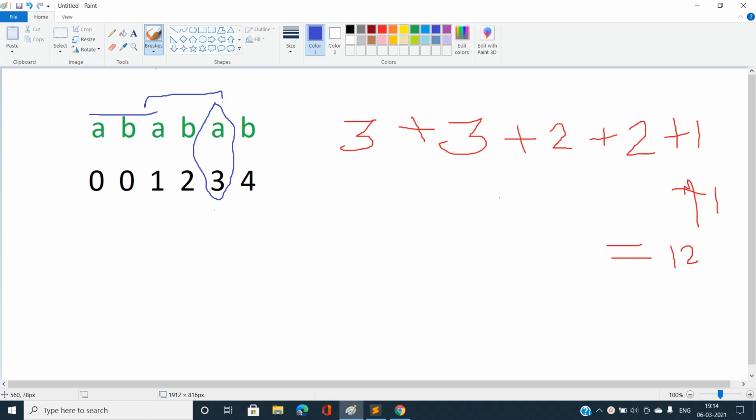Now this is denoting our answer. I am going to initialize my pointer j with I, and check if j is positive and LPS of I, that is at this value, the LPS of I is 3, which is positive. Then I am going to increment my answer by 1 and change my j pointer. Why am I going to do this?